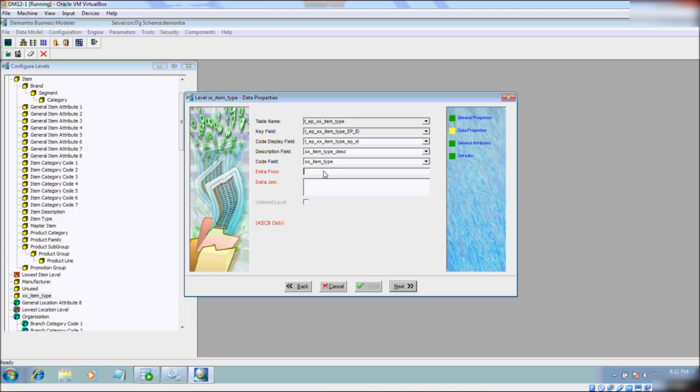So extra from is the table name. For example, in our case, it will be apps dot inventory, no, MTL item. You can define that. Your item type is one of the categories, and then you can have some additional restrictions, additional conditions. So you have to mention the table name, then you need to mention what the join is. How you are joining this MIC table with this